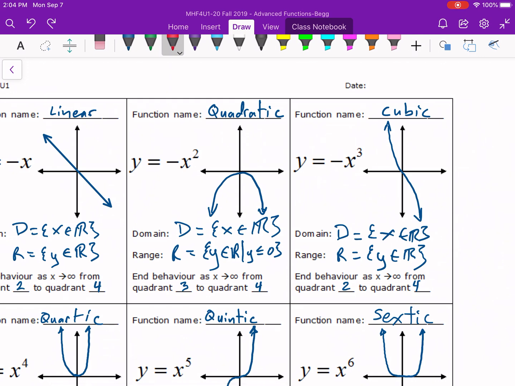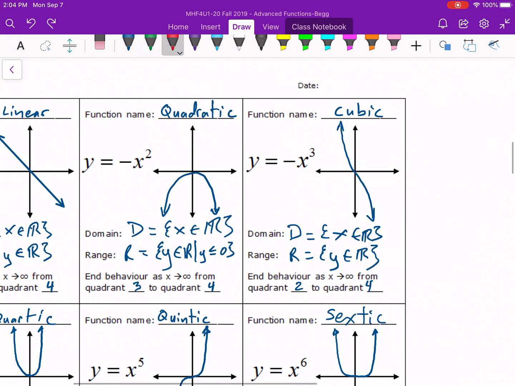Quadratic is the next one. Again, we've already seen a quadratic, but what's different about this one is the negative sign. All that's done is flip the parabola upside down, flip it in the x-axis. So